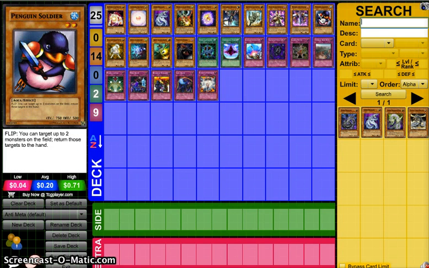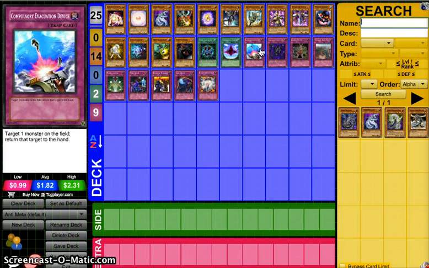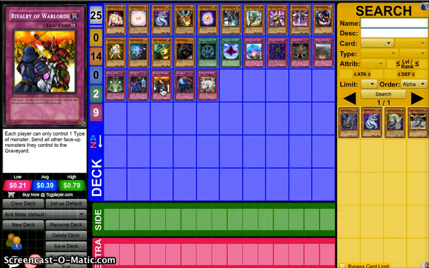Penguin Soldier is like the best card ever just because it's Penguin Soldier and it just bounces cards. Overextend, bounce them back. Pretty self-explanatory. Compulse, not really. Pandemic. It can be a lot. But I know Rivalry really, really hurts them because,